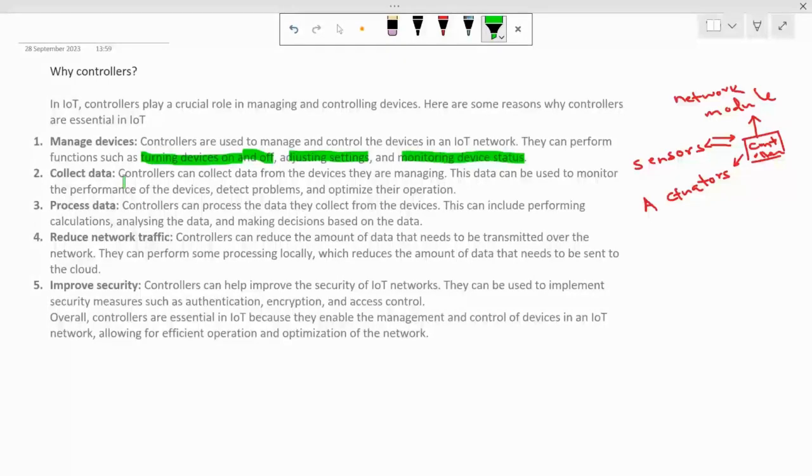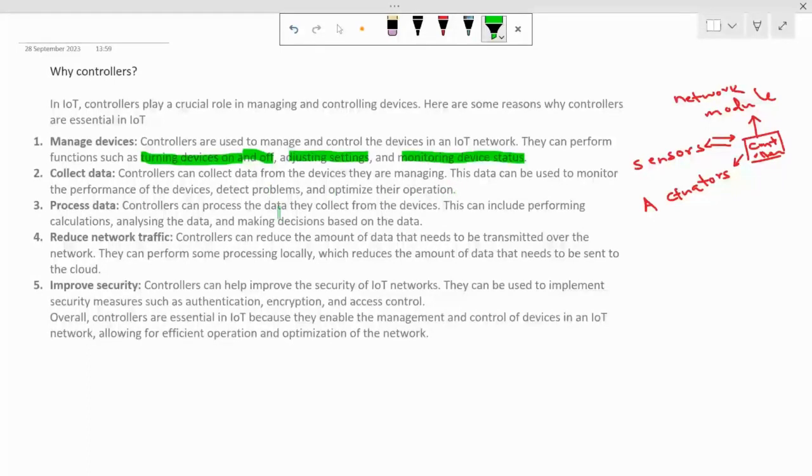That's it. So controllers can collect data from the devices. They are managing this data. This data can be used to monitor the performance of devices, detect problems, and optimize their operation.